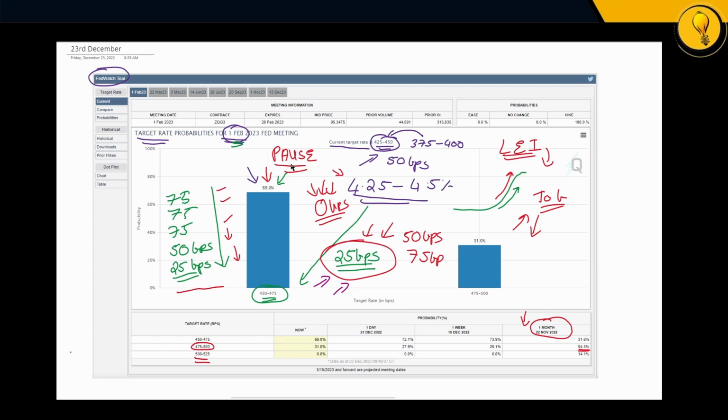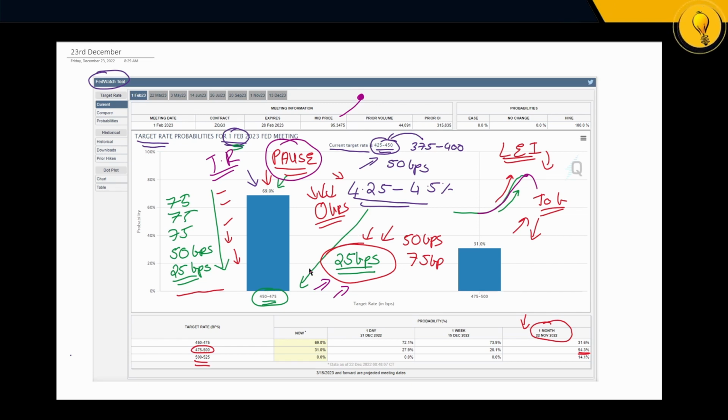The big question is, how far do they go? How far will the terminal rate be, right? When I say terminal rate, guys, it's the end of the hiking cycle. What's the highest the Fed will go before they stop, right? We've drawn this graph over here, right, where we're showing it slowing down, but where do they stop before we start seeing it coming down? That's the big question. And what does the market think?